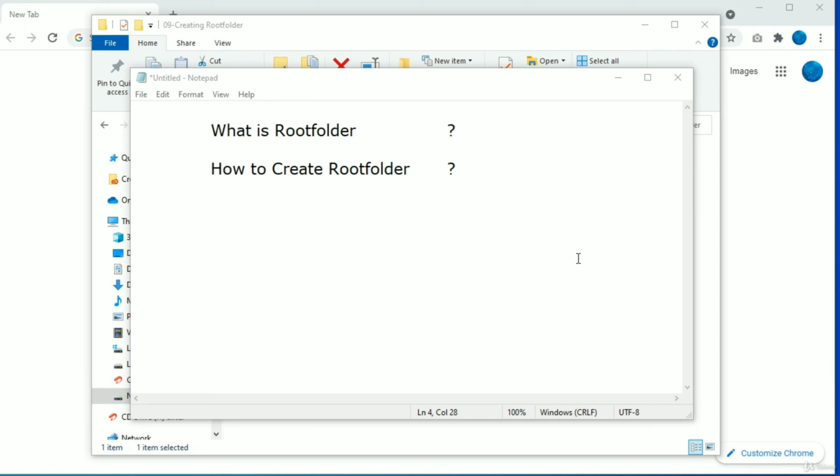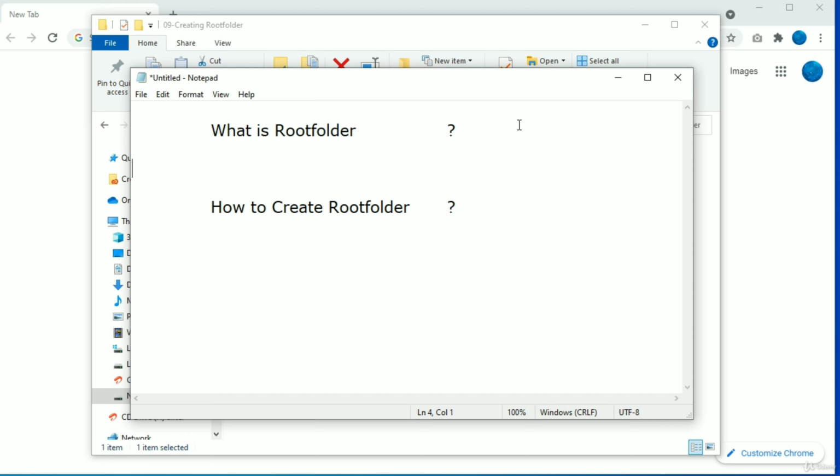In this session I would like to tell you about the root folder. So what is a root folder? First we will learn about what a root folder is. So here in this root folder, for every website